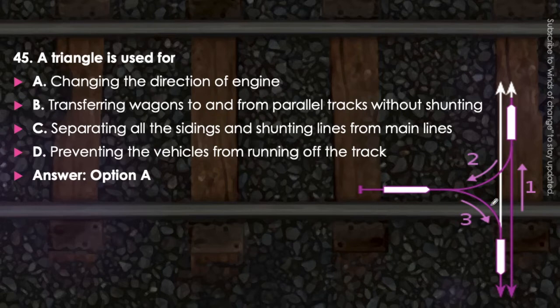Okay, let's say this is an engine running like this. If it is going in the straightforward direction and we have to change its direction, we must take it to another track at right angle to it, and then take it back again to the same path. So first of all its end was like this, now its end is like this. It will be in the forward direction. So through this we change the direction of the engine. You can easily understand it.